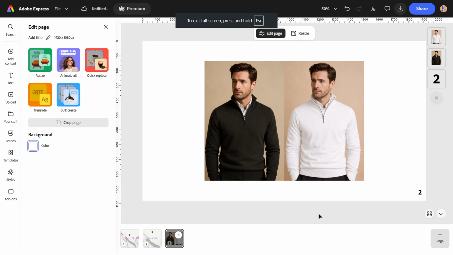In today's video, I'm going to teach you how to do gradient in Adobe Express. To get started, open your project in Adobe Express. Once your design is on screen, the first thing you need to do is select the object you want to apply the gradient to. This could be a background, a shape, or in some cases text, depending on what's supported